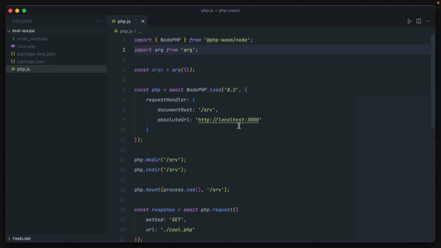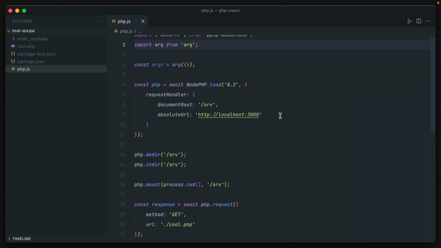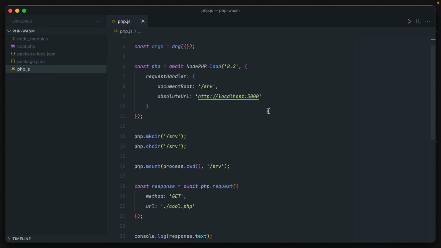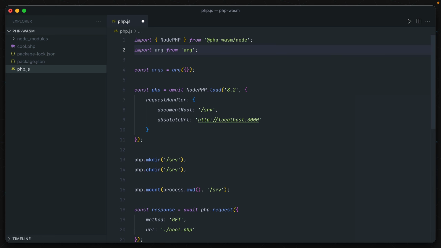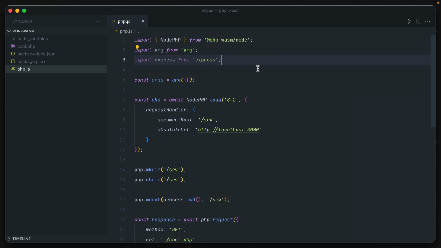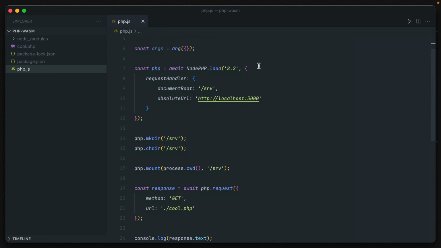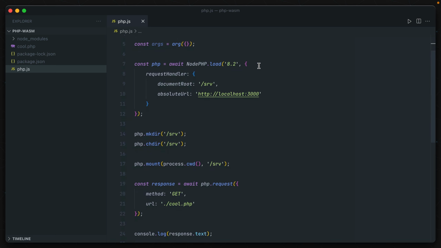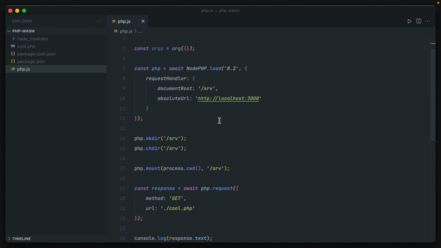So this absolute URL I have set to the 3000 port. That's the port that we're going to serve this local dev environment on. And what I'm going to do is actually use Express as a proxy. Express, as you might know, is a super fast and lightweight Node application framework. So we're going to use this to funnel any incoming requests and send them out to this PHP WebAssembly